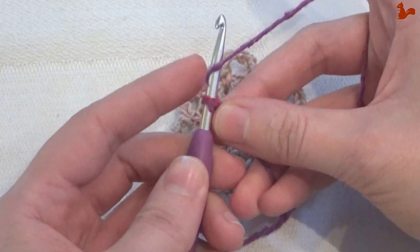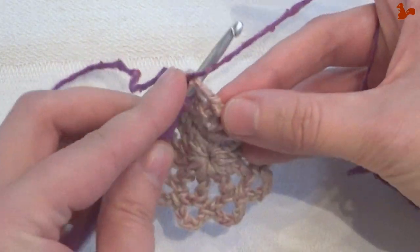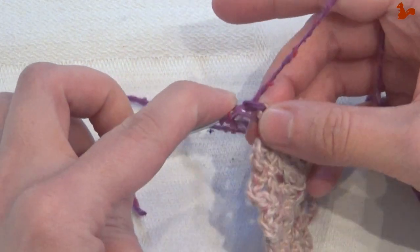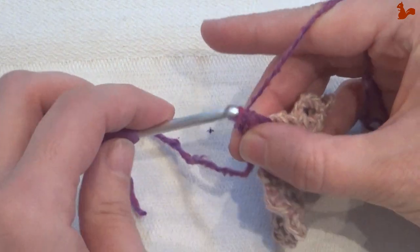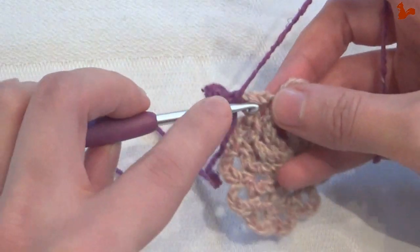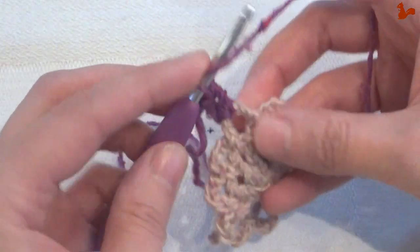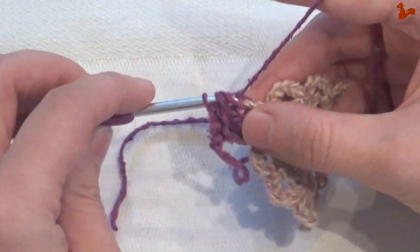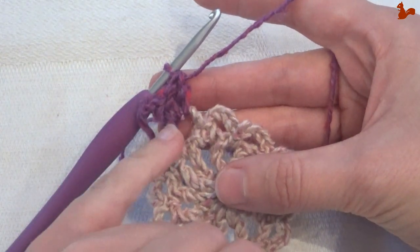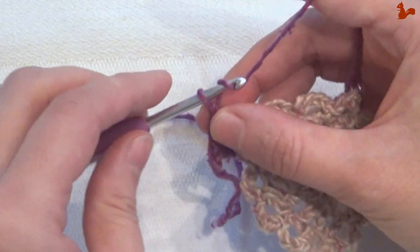I'm going to yarn over on my hook, then hold on to that into a chain 4 space. This doesn't matter, just choose one. Make a standing double crochet. To follow that by 2 more double crochets in the same space, 2. So now you've got 3 double crochets in that chain 4 space. Chain 2,